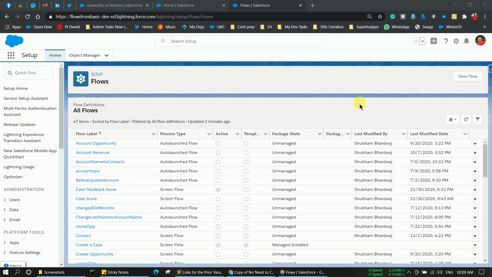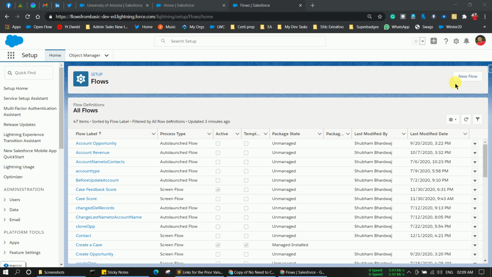Salesforce flows have this update in the Spring 21 release. Currently it is in a pre-release org. If you have a pre-release org, Spring 21 features are available to you, and in the upcoming days you will get the pre-release org. I will update the description box whenever I get the link for the pre-release org. For now, let's check how this feature is going to help and what the benefits of this feature are in Salesforce flows. So without any delay, let's start with our scenario.